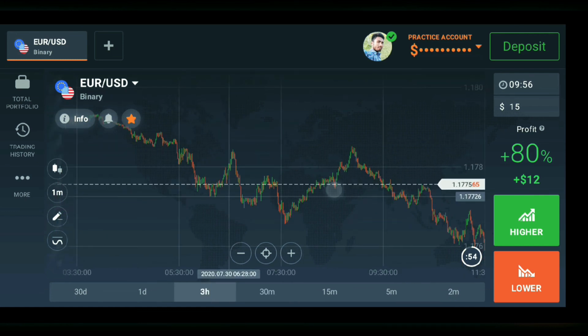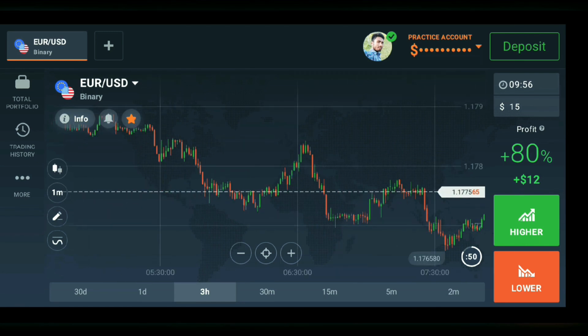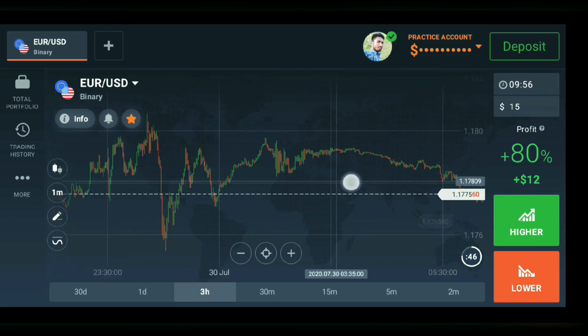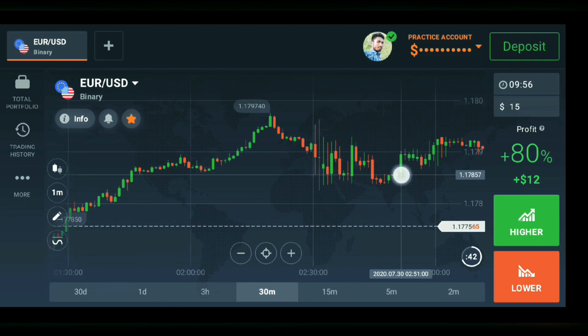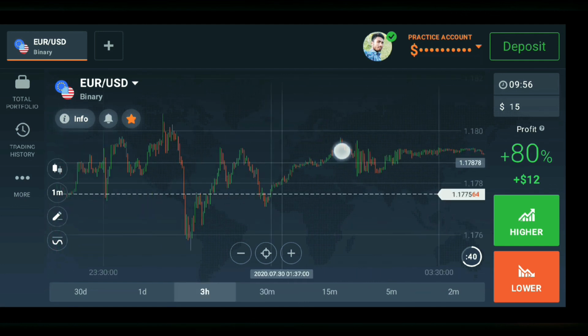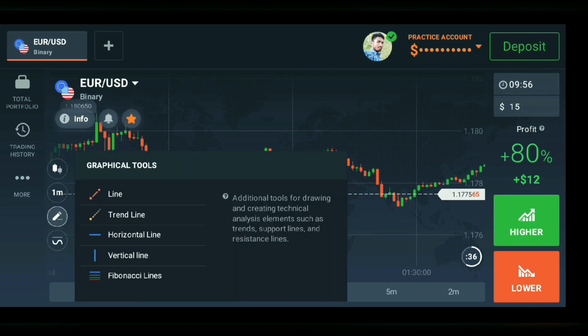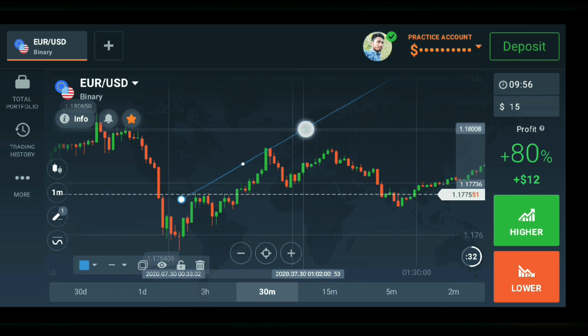So let me talk about another example. As you can see, this is a very bad market. This is a volatile market situation. Here, as you can see, market was previously moving like this from here